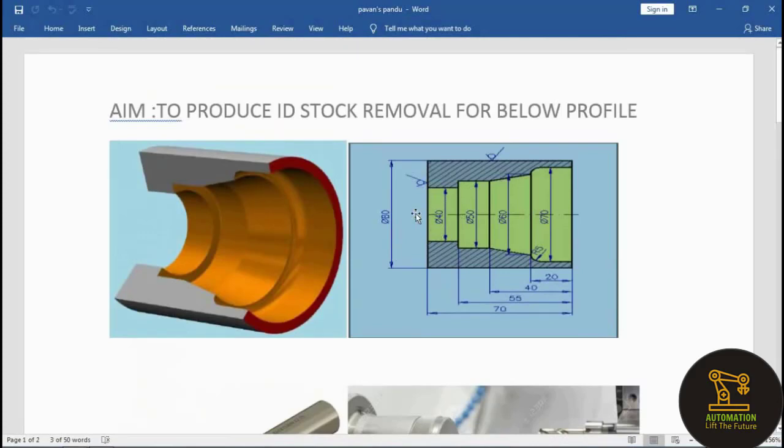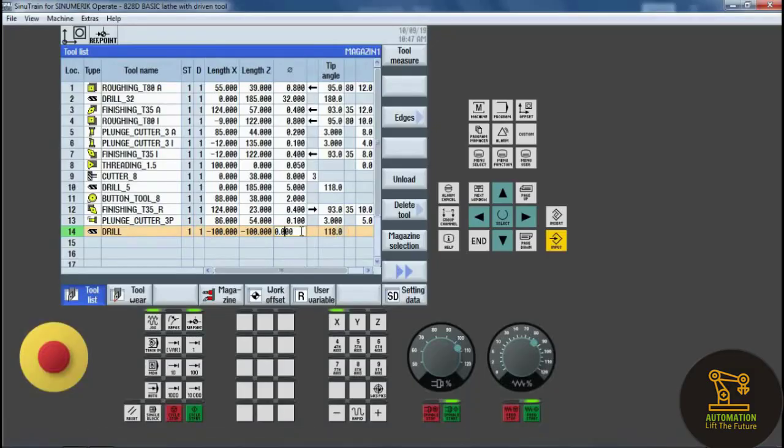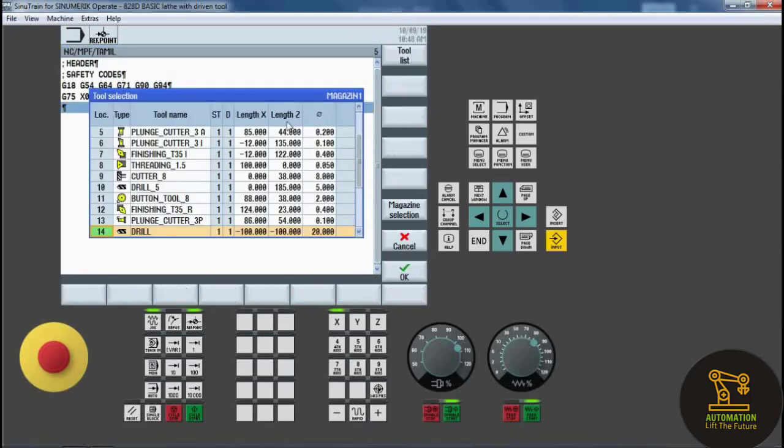In the ID stock removal cycle, drilling is the major role, so we keep 20 as the diameter of the tool, and tip angle is 45 degrees. So the tool is created successfully, and go to program, select the tool and click OK.